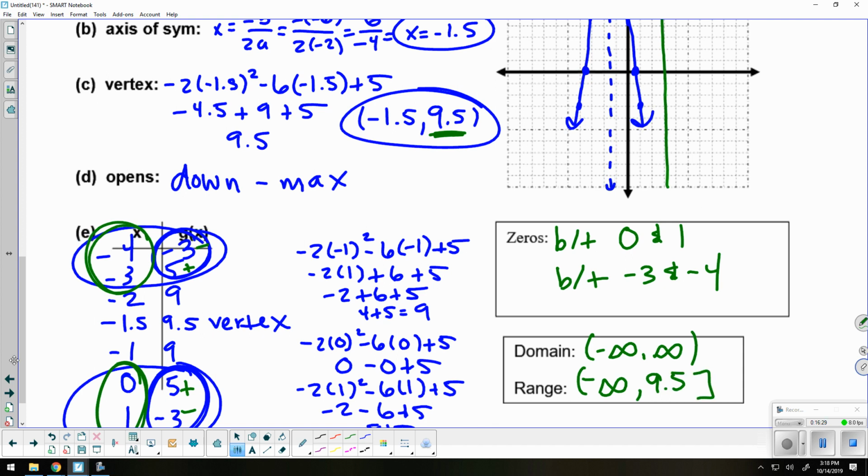Okay? Once again, as usual, if you guys have any questions, anything, just let us know. Okay? But solving, again, you're just trying to find where is this thing crossing over the x-axis. You're just looking for your x-intercepts. Again, also referred to as the roots, the zeros, all the same